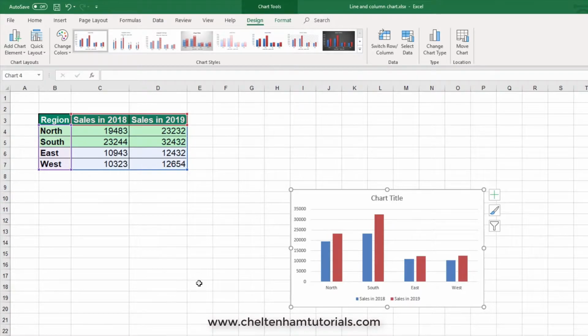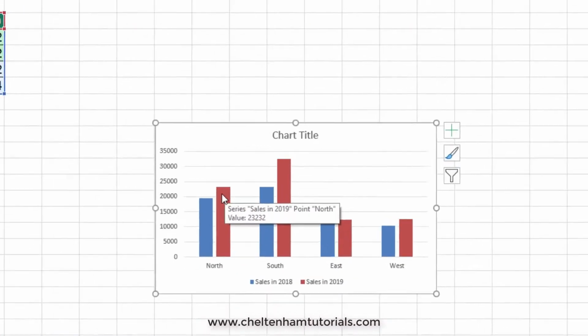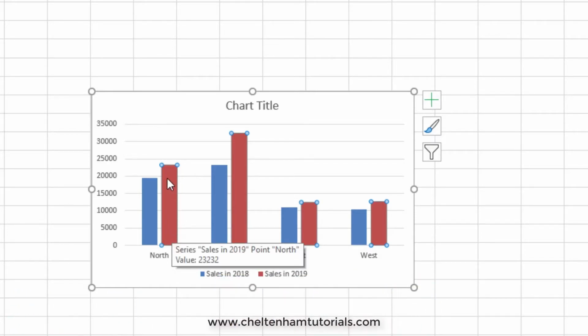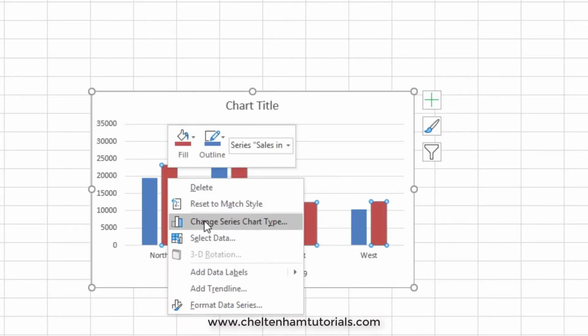for me. So at the moment we've got sales figures for 2018 and 2019, and clearly they're both using columns. Let's say I want to convert the 2019 data into a line chart rather than a column chart. All I have to do is click here to select one of the red columns for 2019. If I right click on it and go to where it says Change Series Chart Type,